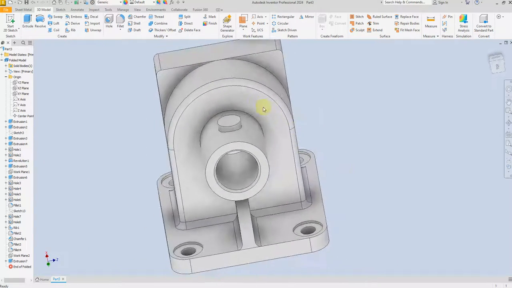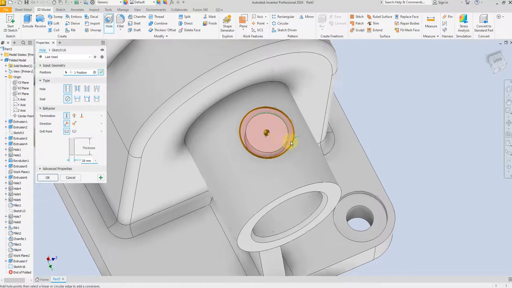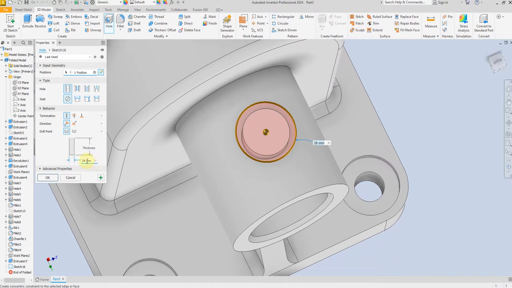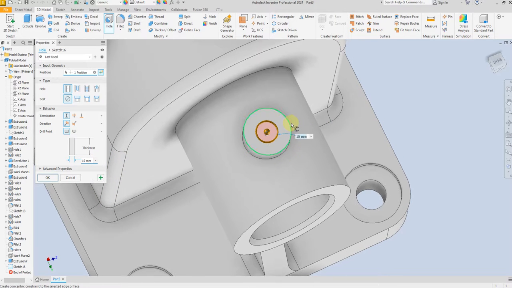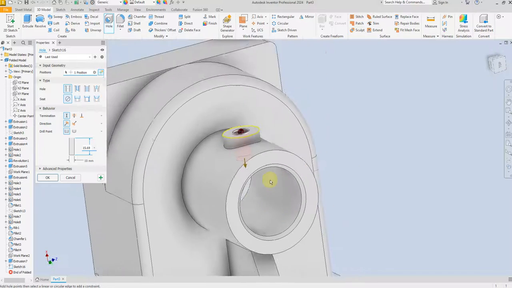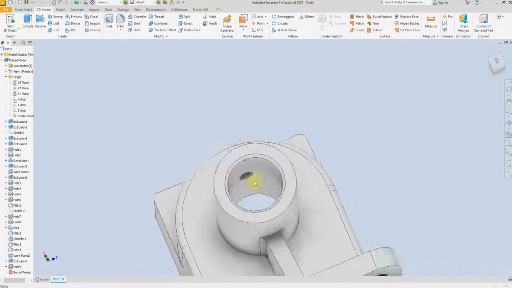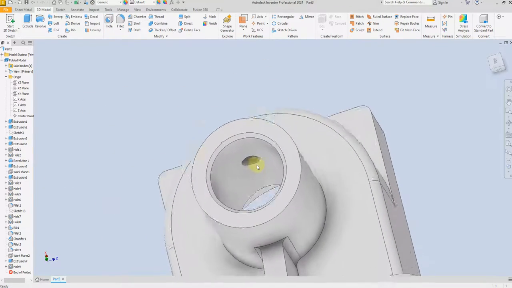Okay, select hole command, select this surface and give a dimension 10 millimeter and select this edge in order to create this hole on the center of this surface, and depth will be 15.69 millimeter, or just we can select this one up to this surface, but we have this dimension, so we apply this dimension here. Okay, so here we created this hole,